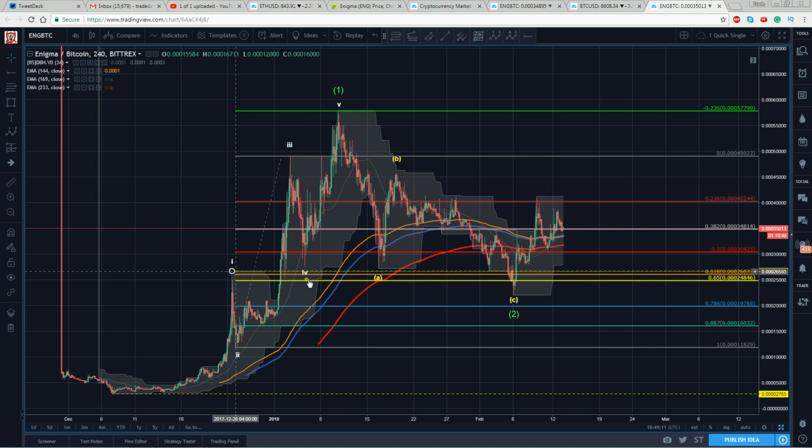Prior resistance becoming support. Because if you just want to think of it that way, if you're old school or whatever, don't want to put the energy and the effort and the time into learning Elliott wave, you don't need it. There's your wave 1. Here's your pivot. Here's your retracement. Okay, so this is an internal retracement. I get a swing here. So you can think of it that way. I've just got a swing low to swing high. I'm just looking for,